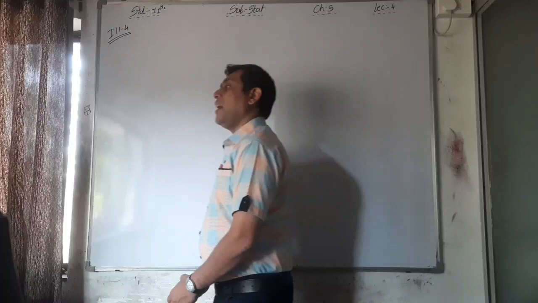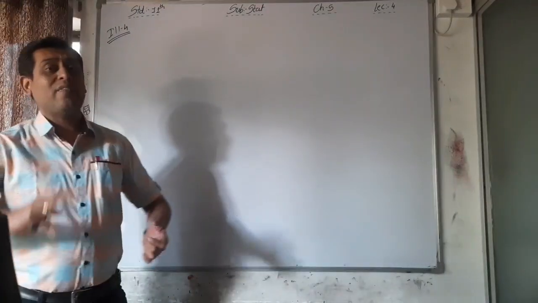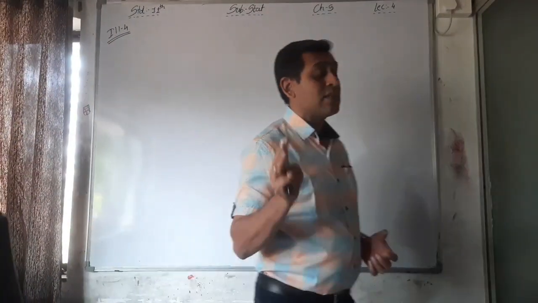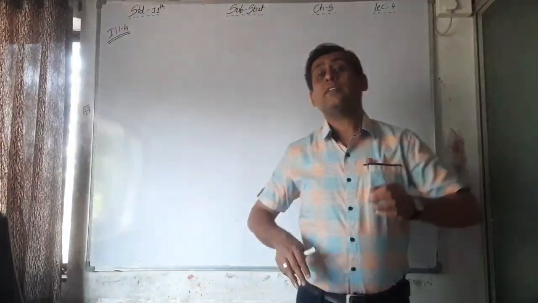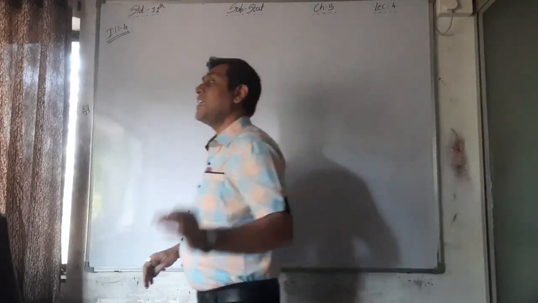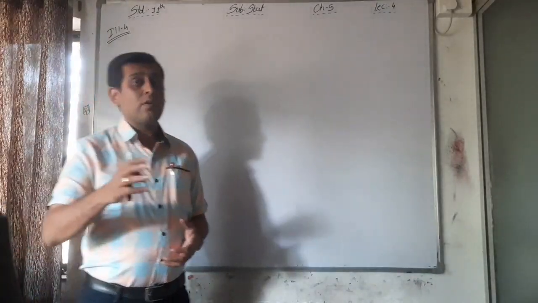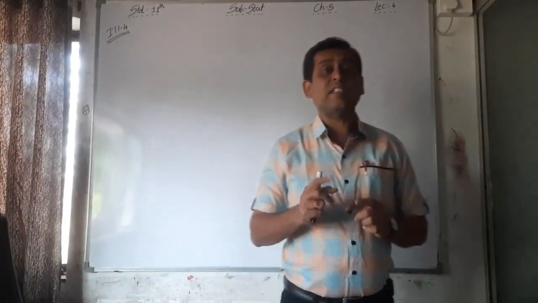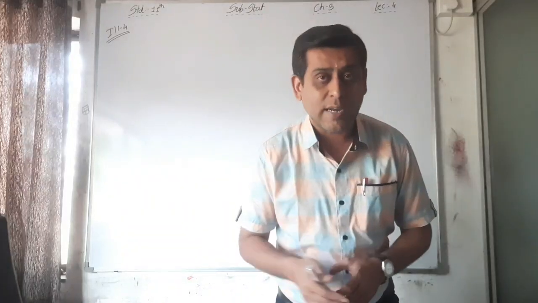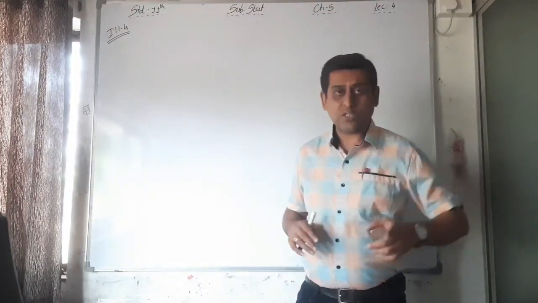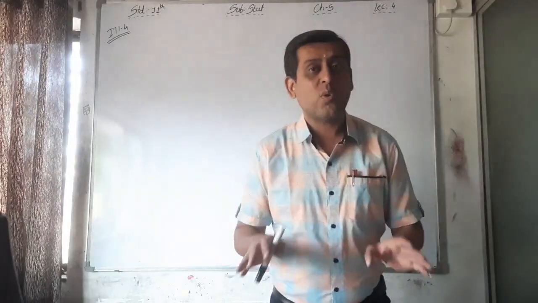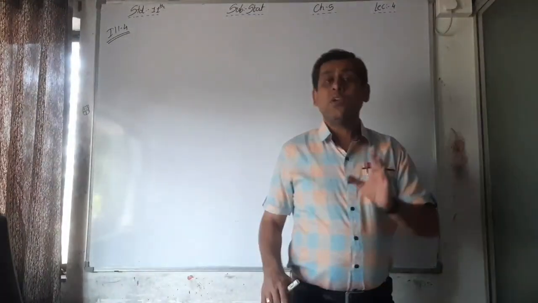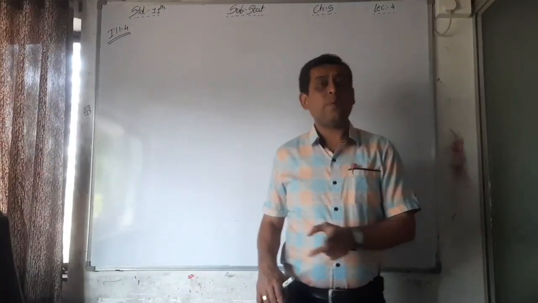For continuous group data, there are 3 situations in which we have to use the empirical formula, that is, where the mode is ill-defined. First, the highest frequency is repeated more than once. Here, 120 is the highest frequency and it occurs only once, so the highest frequency is not repeated twice.